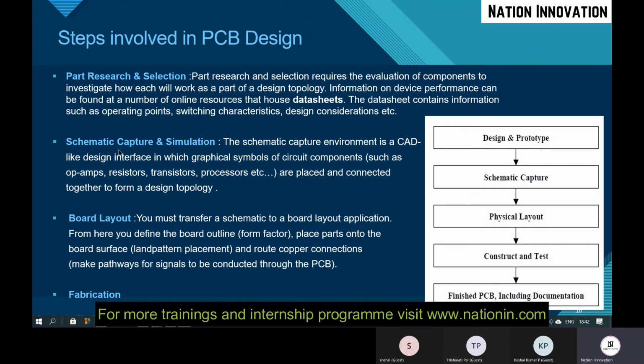Board layout is nothing but converting this schematic into layout. In that case, you will be connecting all the components using a copper wire. So that is the layout part. Lastly, we have fabrication. Though this is not done by us, it is done by industries.